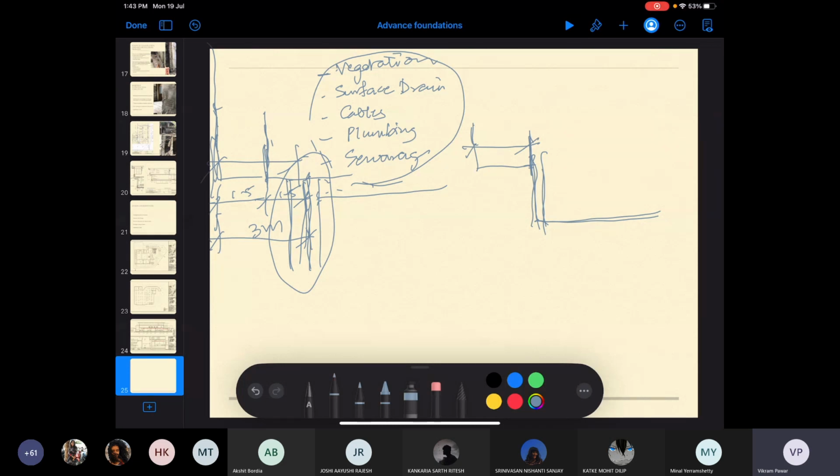But as we discussed last time, you might come to a conclusion that you need 3 meters on this side, 2 meters on this side. So whatever design decision you have taken, this is the outer edge of the wall. I'm presently putting it as 2.5 meters. The contractor will set it out: this is going to be my line.